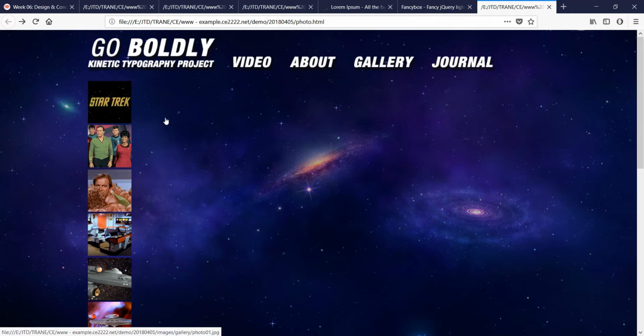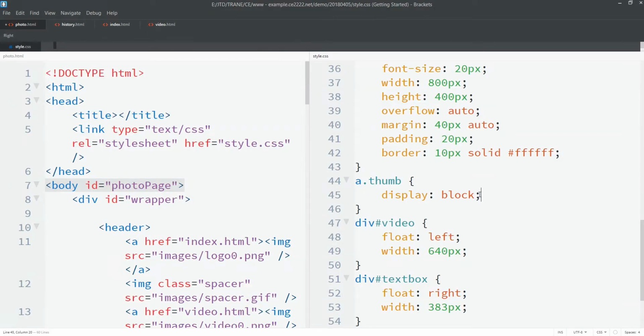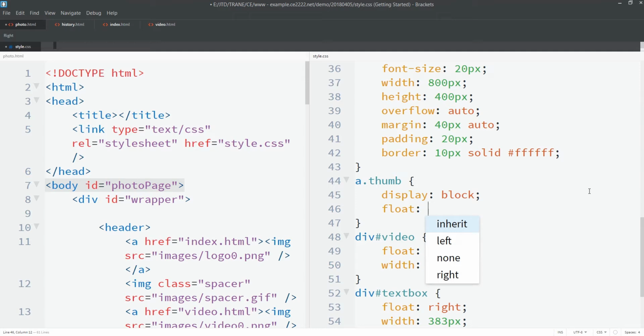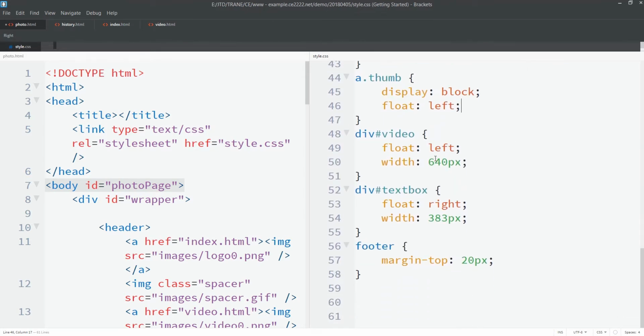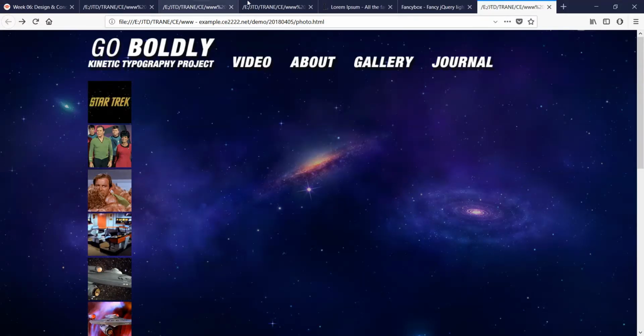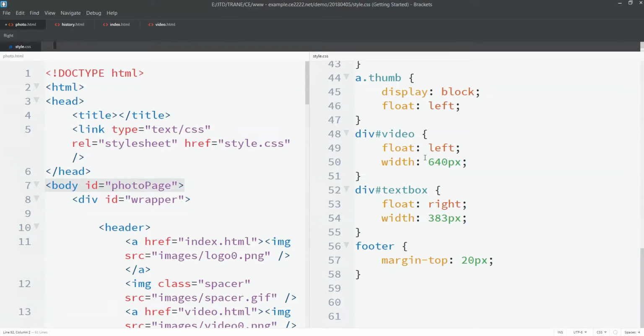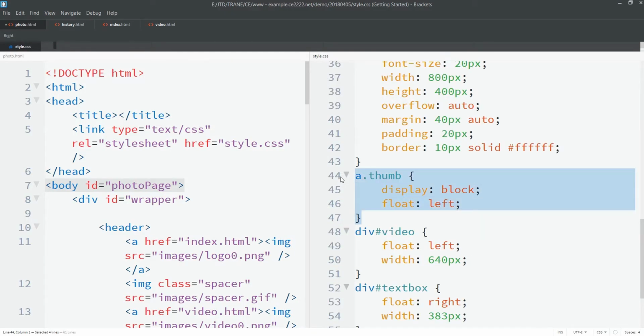So we start off by making the block level element, and then we're going to add in a float. So we're going to say float left. Now, when we were doing the home page, we had a float left and a float right on our video and our text box. When we did that, we had the video itself floating to the left and the text floating to the right. If I'm using float left on all of the thumbnails,